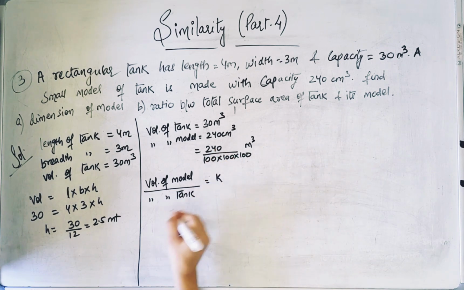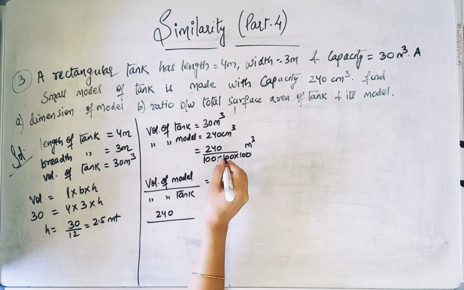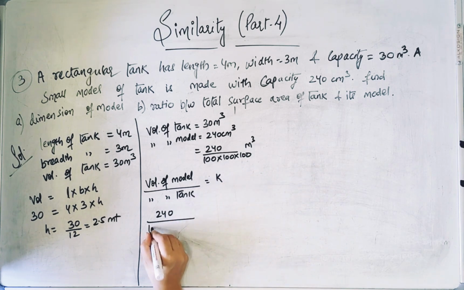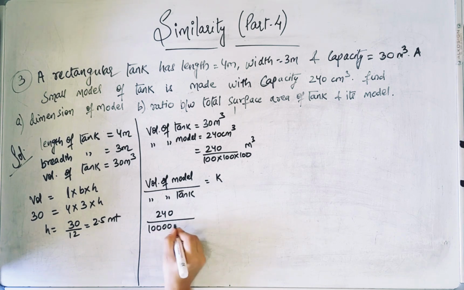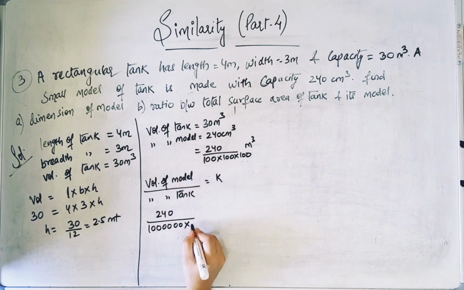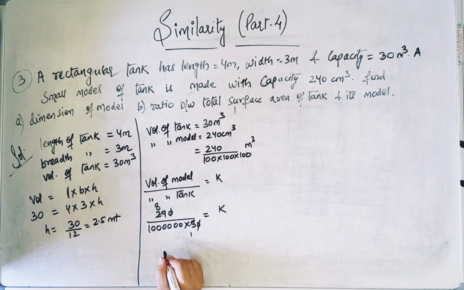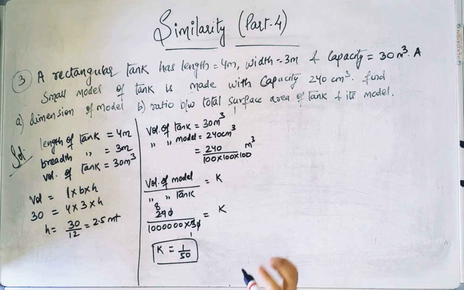So volume of model is what? 240 by 100 into 100 into 100, that is we can write 10 lakhs over here, and upon volume of tank is 30. This is what? K. So this 0 and this 0 got cancelled. 3 1s are 3, 8s are. Thus the value of scale factor, that is K, is equals to what? 1 by 50. Now we have come to conclusion that this scale factor is 1 by 50. Now we have to calculate